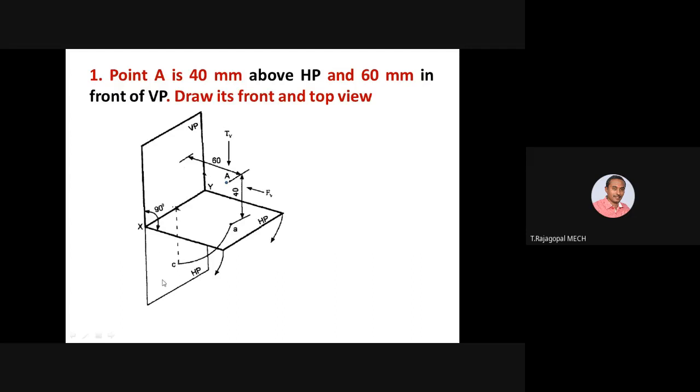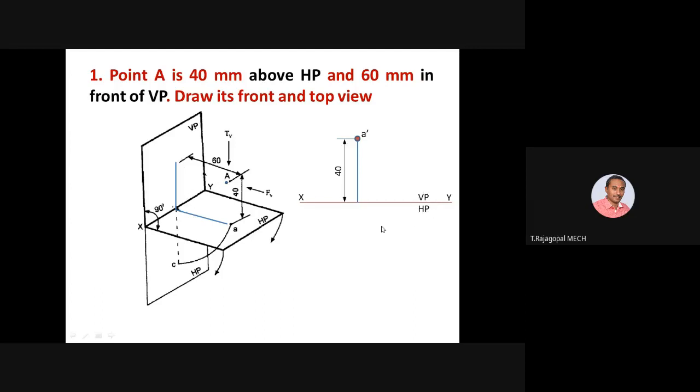Now we can check the answer. So this is how it's going to be. How are the projections projected on the particular plane? You can see on the blue line. After that, we already told you that the front view can be shown in terms of A dash. So if it is point A, the front view is represented as A dash instead of A. If you represent it as A, it indicates the top view. What is the dimension of the front view? It is 40 mm. After drawing the XY reference line, you have to show the direction of the planes.